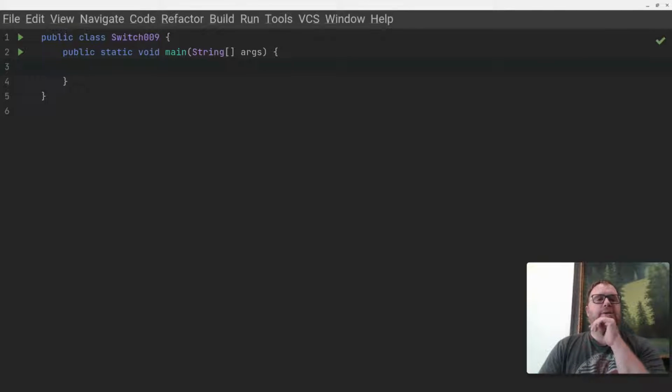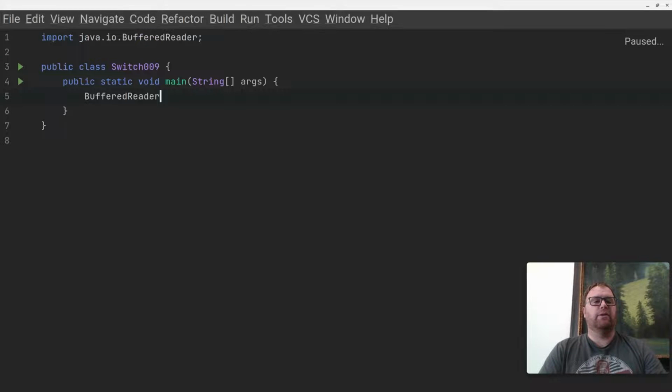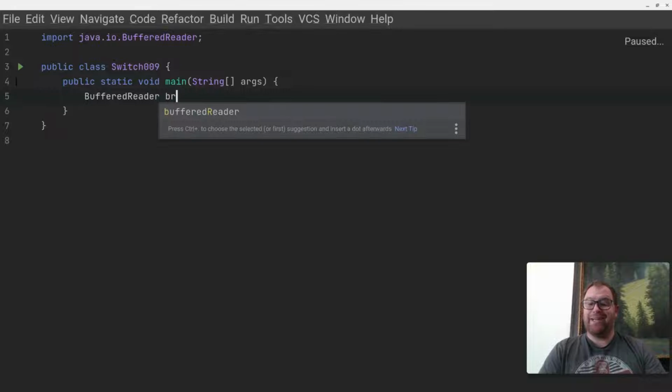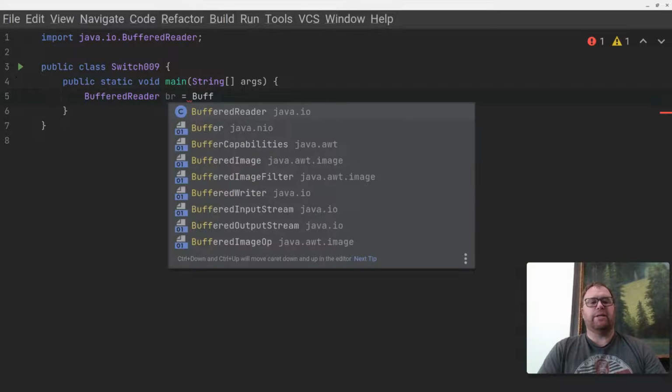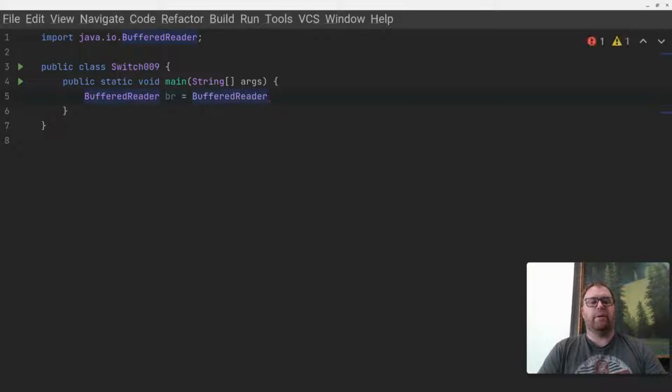Okay, and what we want to have here is we want to bring in that BufferedReader. So let's make it a more dynamic program. So do BufferedReader, create our instance br. You don't have to name it br, but a lot of people do just because it's easy and short. It kind of stands for buffered reader. Oh yeah, br. Okay. And I want to go back one here. I want to say new BufferedReader, and